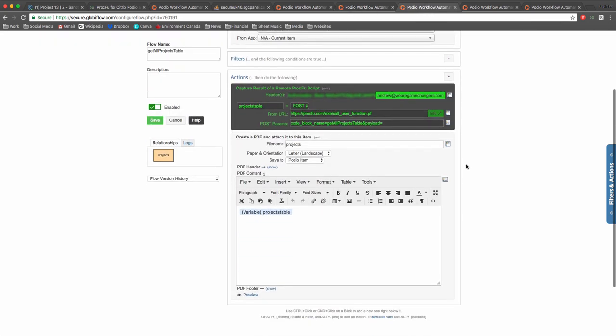Here is the table. So again, no need for a payload. I'm just getting every object in the database, using the code block to turn it into a table, and then returning the table as a completed HTML object that I can just throw right into the PDF without any further action. So if I preview this PDF,